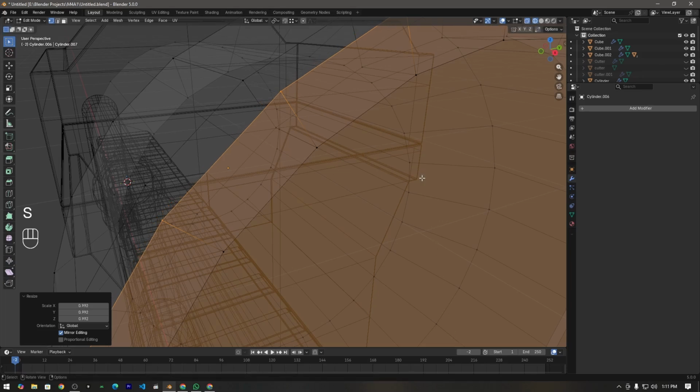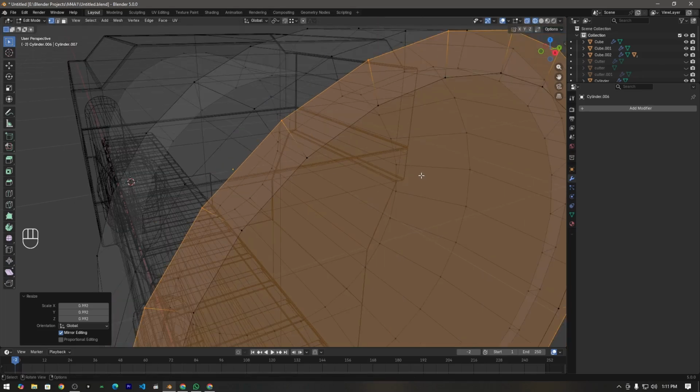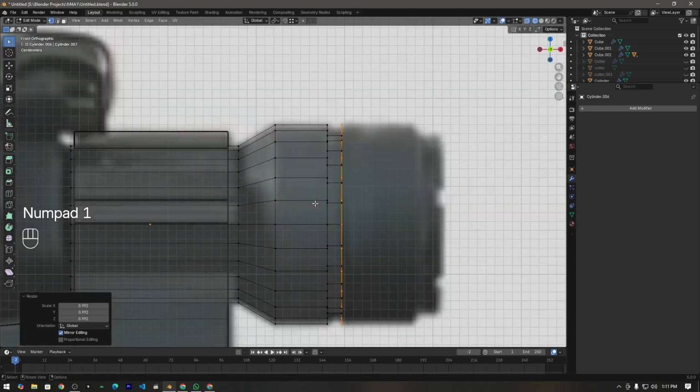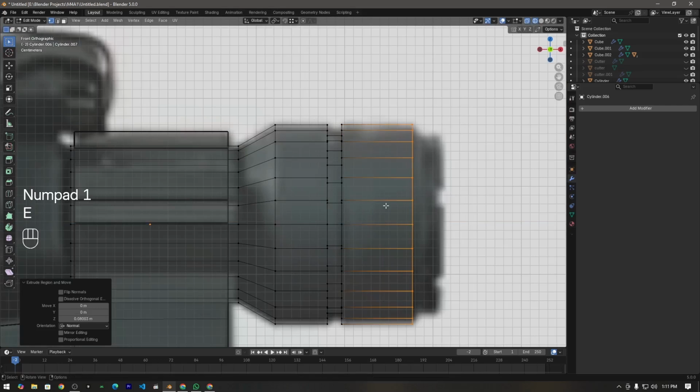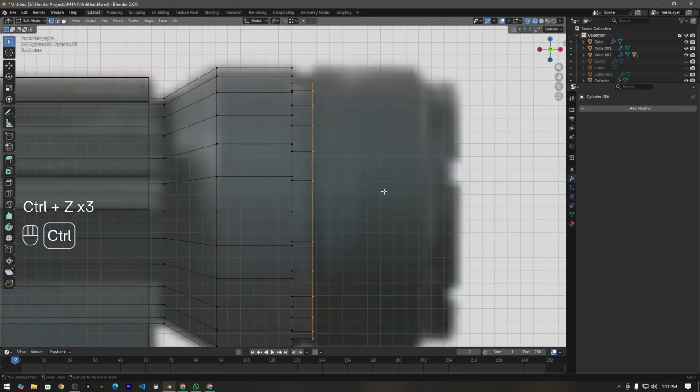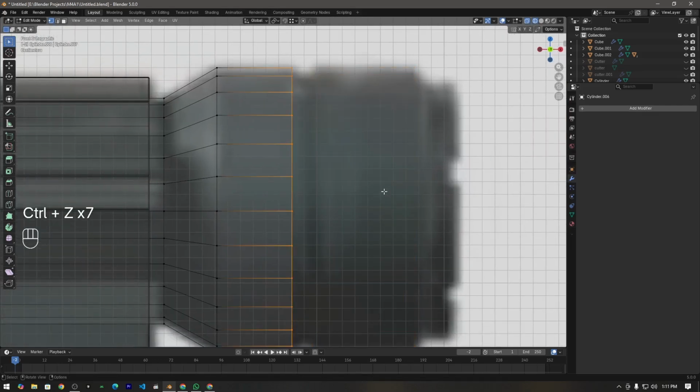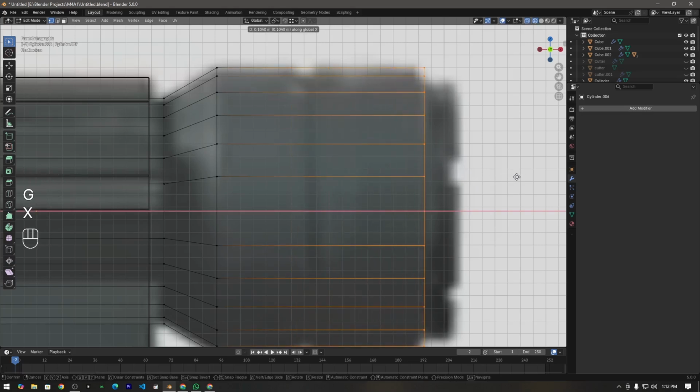This is kind of hard, 100% you can't get the size equal, and then you can extrude it here. In my case, what I like to do is I am just going to place these vertices here,